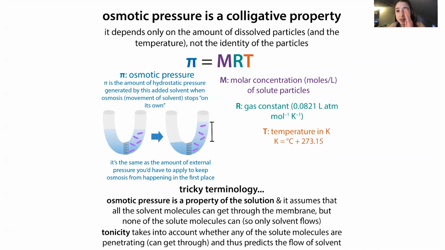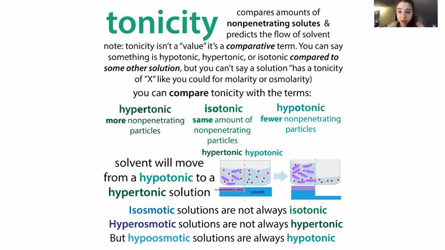So we need to take into account the membrane and the solute and how they interact, in order to actually predict where water would flow in such a situation. And so this concept of tonicity is going to take this into account. Tonicity takes into account the osmotically active particles, so things that are non-penetrating, things that can't get through the membrane, and thus things that actually contribute to the effective osmotic pressures